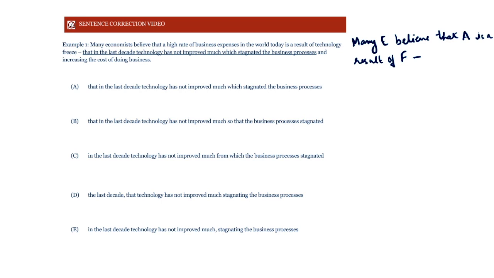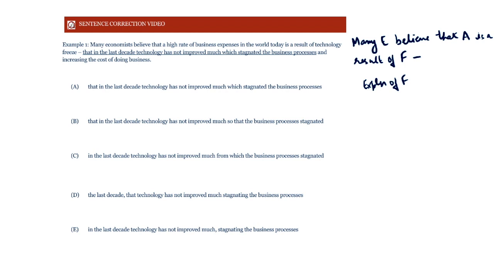They're not interlinked. The hyphen, it's a parenthetical expression that we get after a hyphen. So whatever comes over here will tell us a little more about the main clause, but grammatically, they're not connected, right? It's a parenthetical expression. We can pretty much just get rid of it and the sentence will not suffer. Now, in the parenthetical expression, we have that in the last decade, technology has not improved much. What is this, technology has not improved much? This is what technology freezes, right? So this is the explanation of F. It tells us what F is. So we have explanation of F,